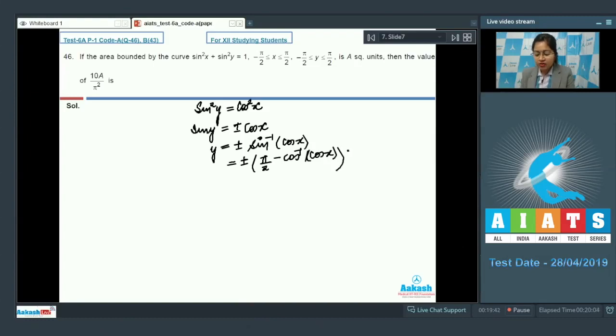Now students, we know the graph of cos inverse cos x. So by transformation of graphs, we can draw the diagram of y equal to plus minus (pi by 2 minus cos inverse cos x). And here it has also been given that x and y both are going from minus pi by 2 to pi by 2. So in between that, we will get the graph as this one,